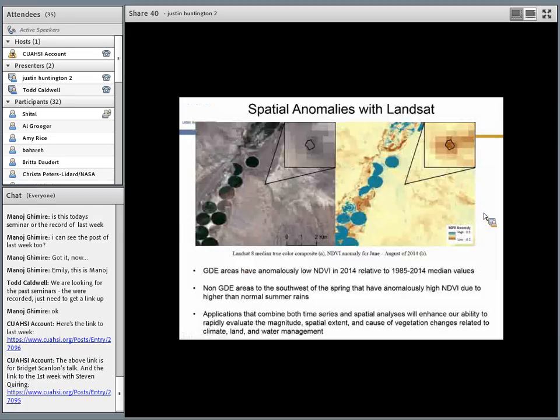So that's where we went next, creating spatial anomalies with Landsat to see what this looks like in space. This is the NDVI anomaly for June through August of 2014 relative to the full Landsat climatology from 1985 to 2014. Now, to do this locally on my PC, I'd have to have the whole Landsat archive, of course, and write a bunch of scripts to make these anomalies, and it takes a lot of time and storage and computing power to do that. And so we used Google Earth Engine